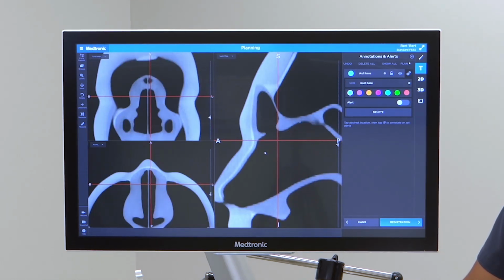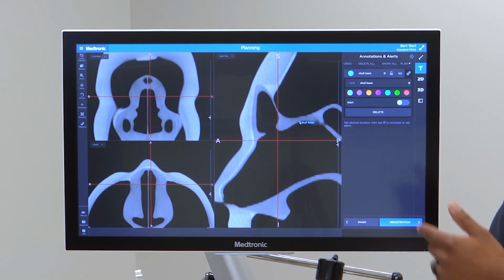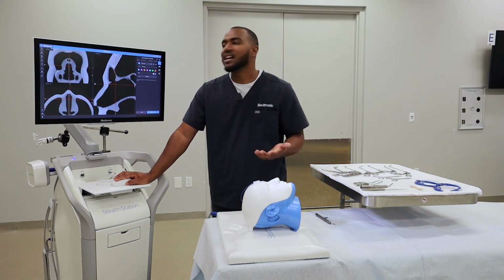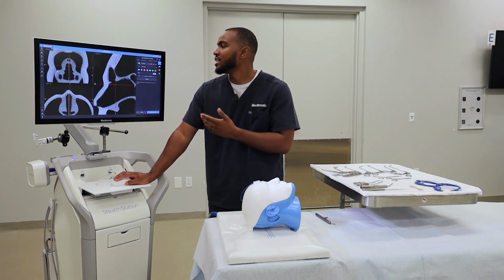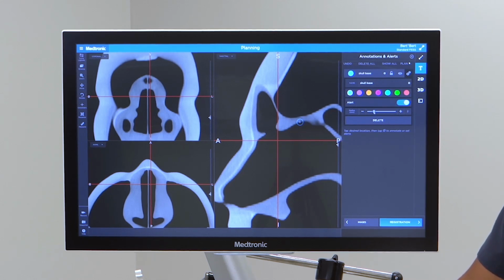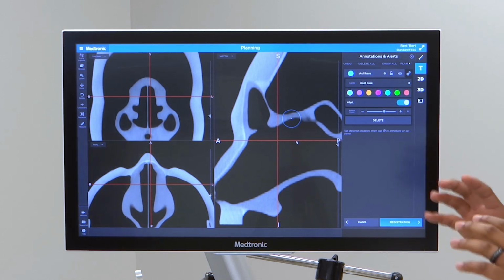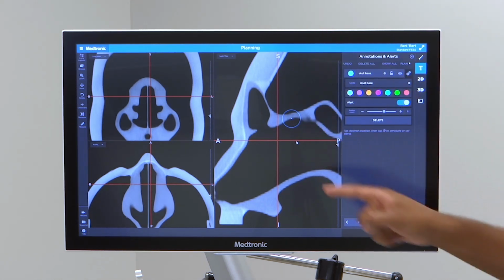Okay? So now, whenever you're operating, once you hit that point, you'll be notified that this is skull base. But let's say you also want to be audibly notified. You can change that to an alert, and you can adjust the radius at which the alert notifies you when you're in that vicinity. So I'm gonna do 6 millimeters. So anytime you're in the vicinity of this circle here, once you cross that line, you'll be notified with an audible sound, and the screen borders with a yellow